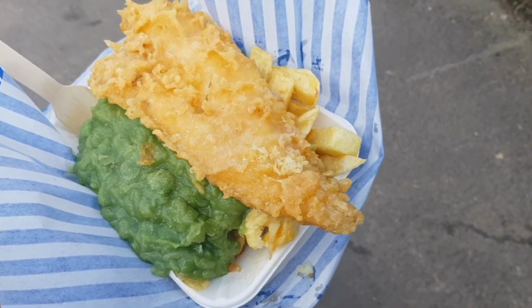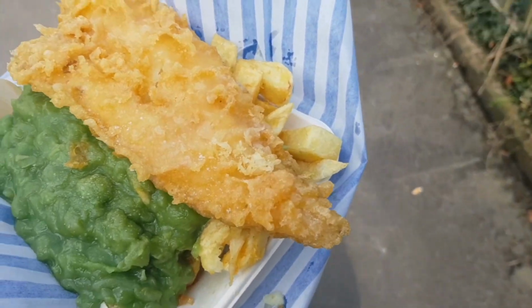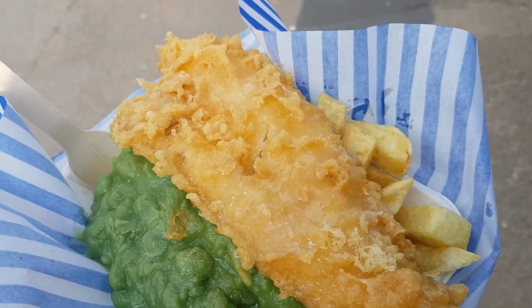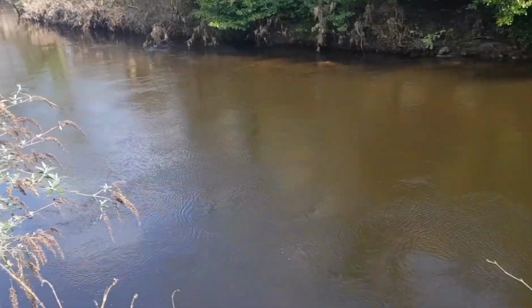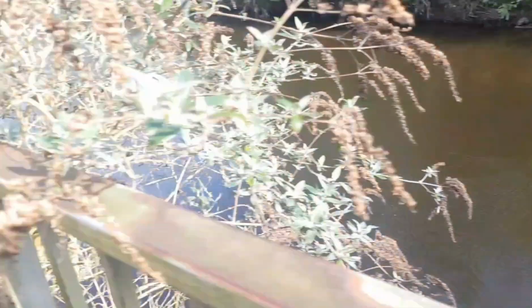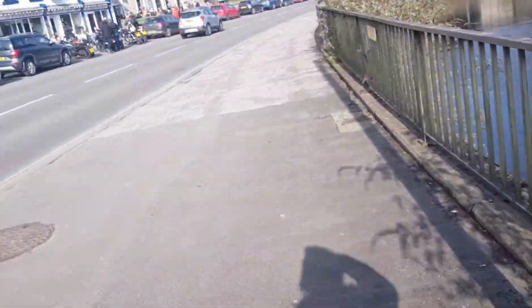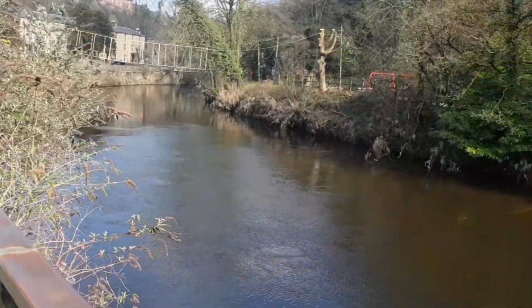The Great British Meal, fish, chips and mushy peas. I always have that when I'm in this area. And this is the waterfront area. It is rocky in there. You've got all the bikes, things like that. And this area down here,